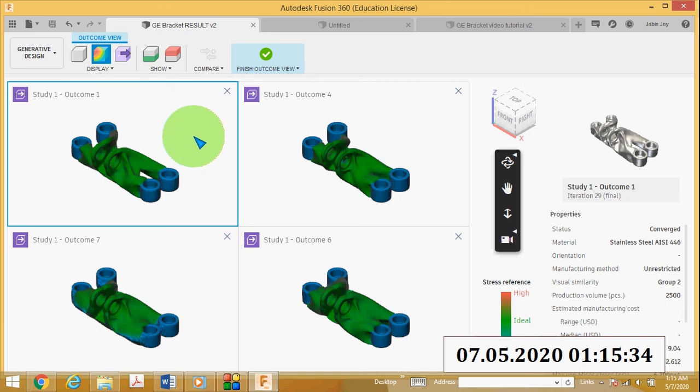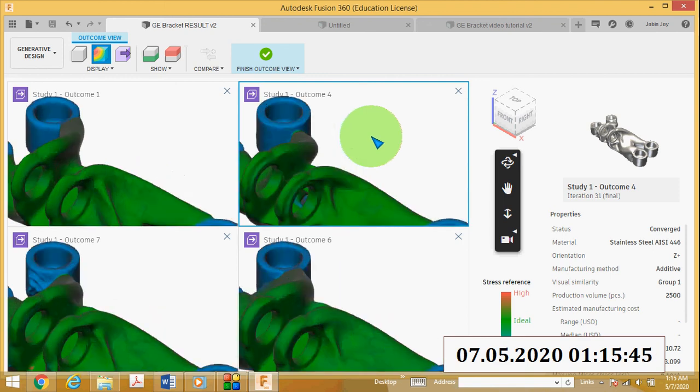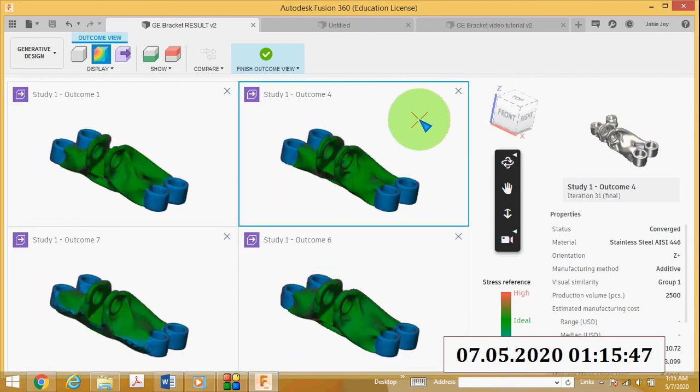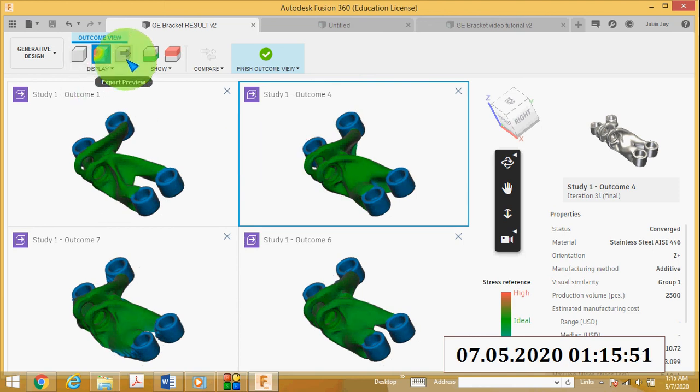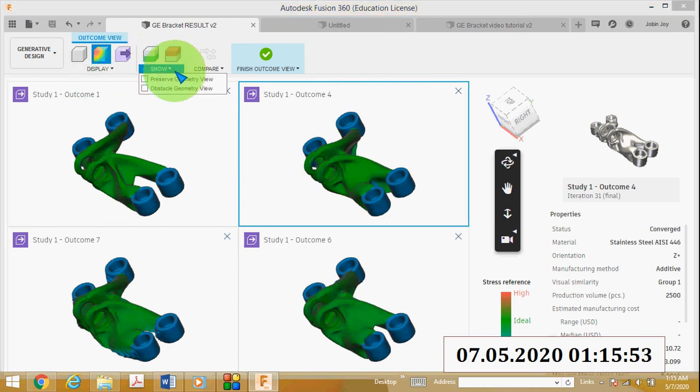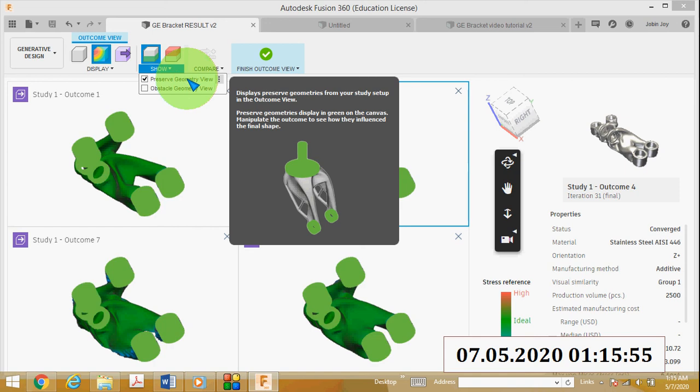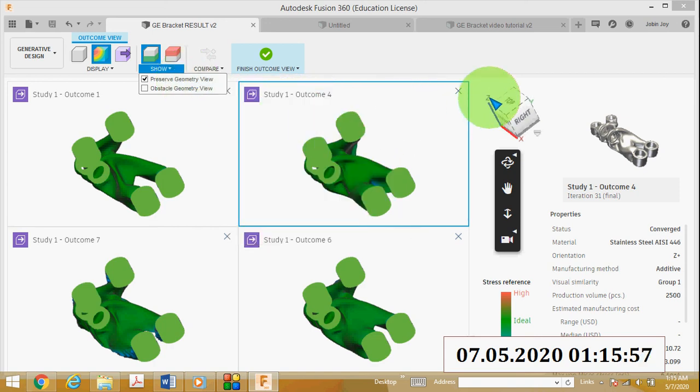Here you can see the stress reference: high stress, then ideal stress, then low stress. Then if you want to see the preserved geometry view, so this is the preserved geometry view.